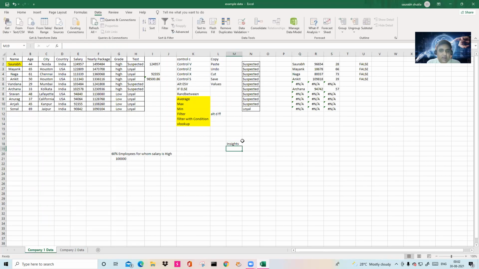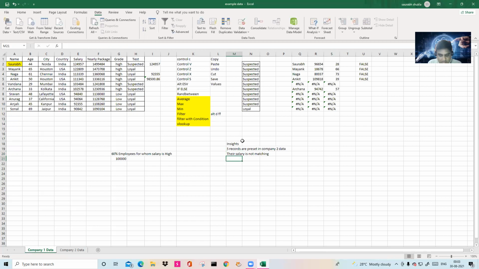So number one insight is that only 1, 2, 3, 4, 5 records are present in company 2 data. This is the first insight. Second insight is that their salary is not matched.